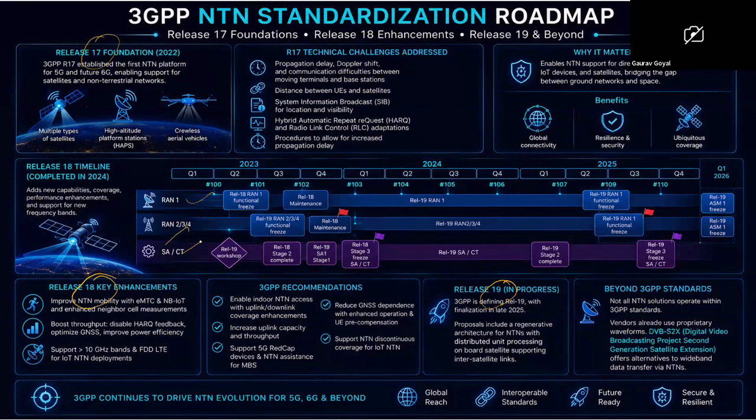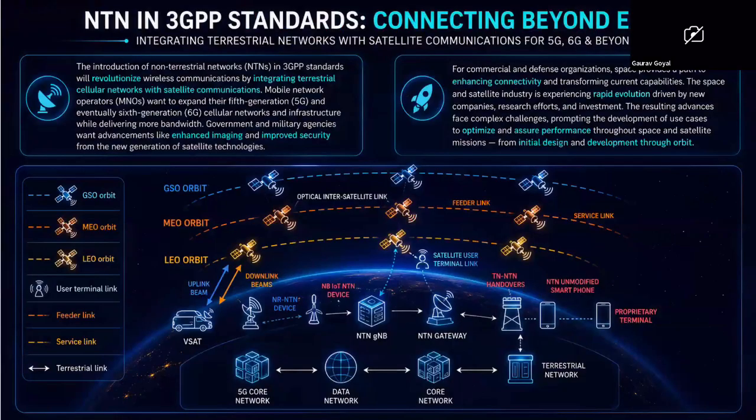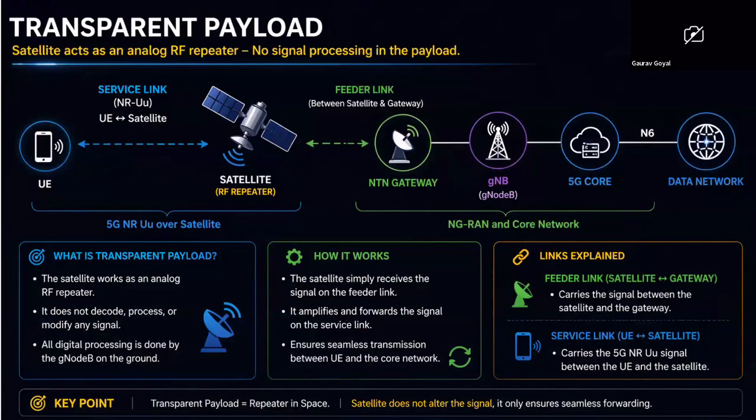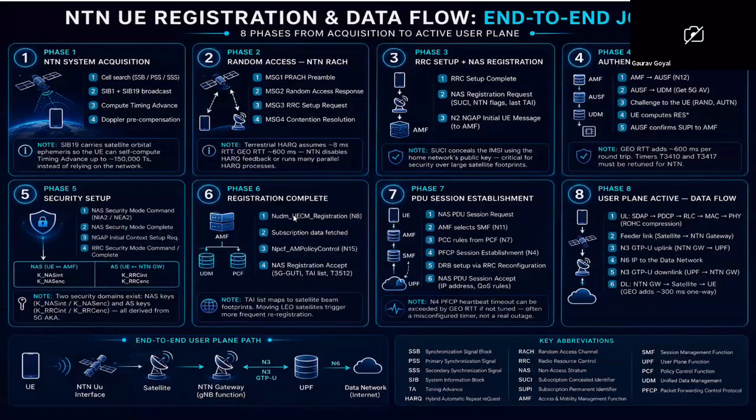We have discussed that as well, and we have seen what are the latencies, the distance, and altitude for different kinds of orbits. All these things we have discussed. In addition to that, we have gone through standards, LEO, MEO, and how we can integrate and work them together, right? And we have discussed transparent payload, non-transparent payload, regenerative payload. All these things are discussed. In addition to that, we have gone through various bands, and after that, we have also discussed end-to-end call flow for NTN. So we have various steps, right? Basically, 8 steps. First of all,